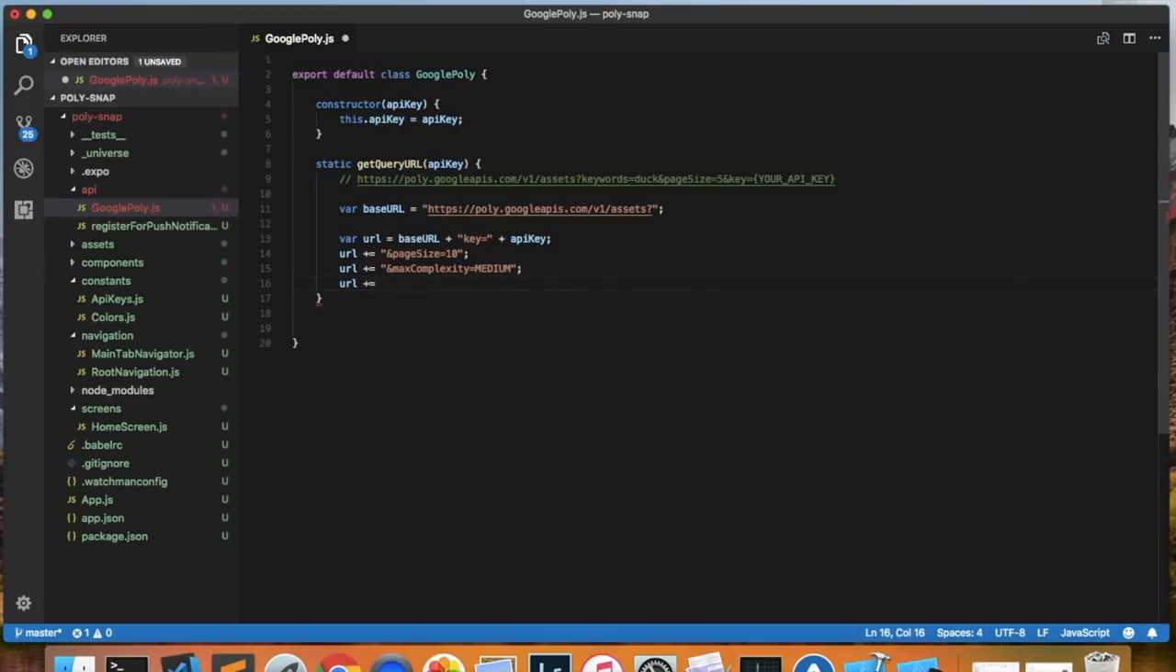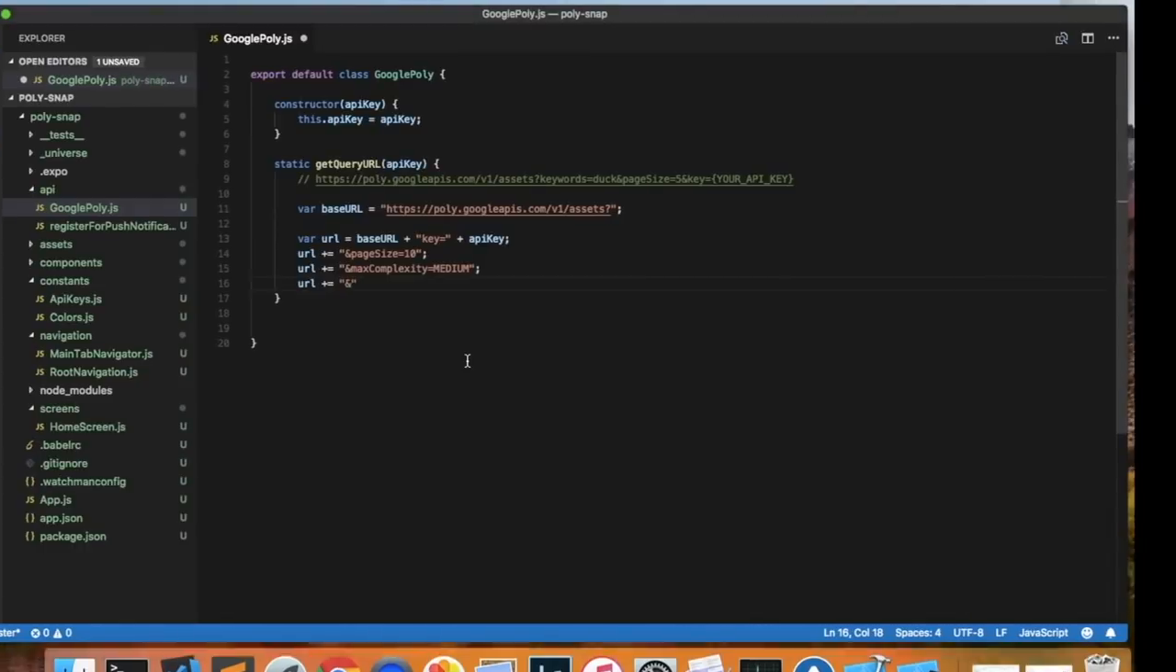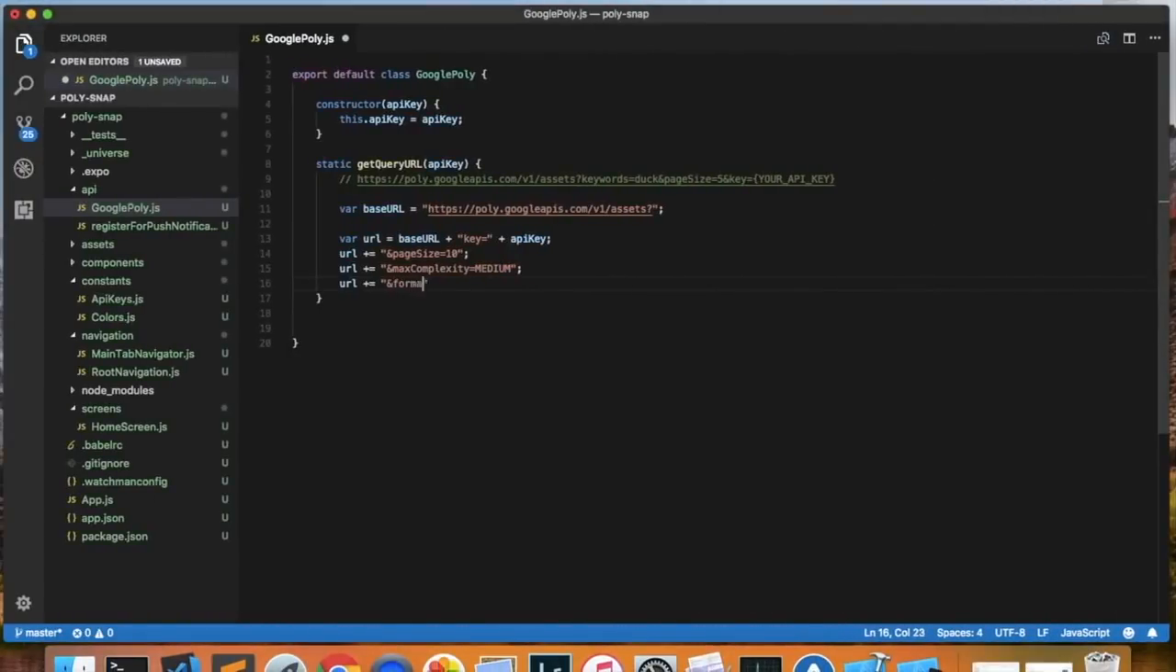The other thing I want to hard code is the format of the results that we get. I want to limit these results to OBJ files. The other formats could potentially work, but I'm only familiar with OBJs, and so I only want to give users options that have an OBJ file format. So we'll set ampersand format equals OBJ,